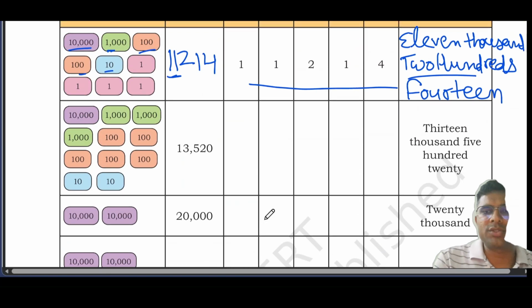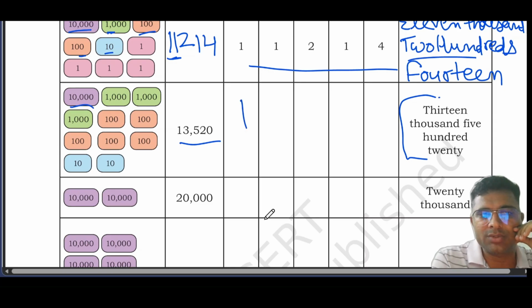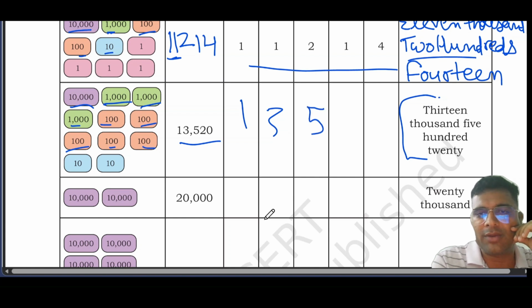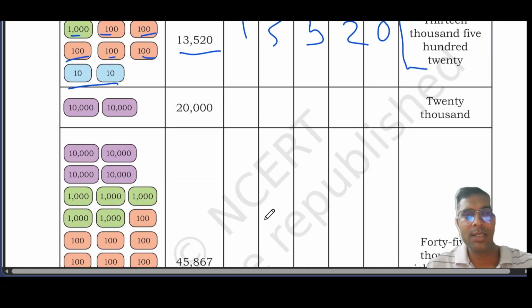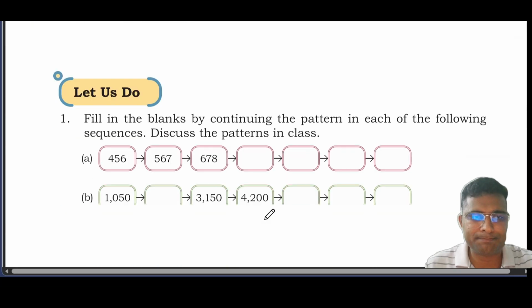In the same way, here its name is given. You have to just fill the column. So how many ten thousands? 1 ten thousand. How many thousands? 1, 2, 3. Sorry, 3 thousands. How many hundreds? 1, 2, 3, 4, 5. 5 hundreds are there. How many tens are there? 2 tens are there. How many ones are there? There are no ones, it means 0. So I think you can do this by yourself. Coming to the next page,